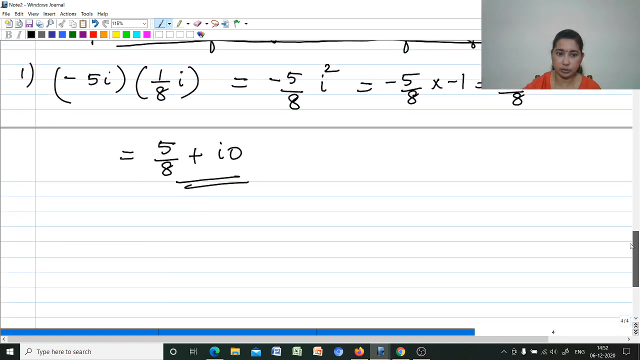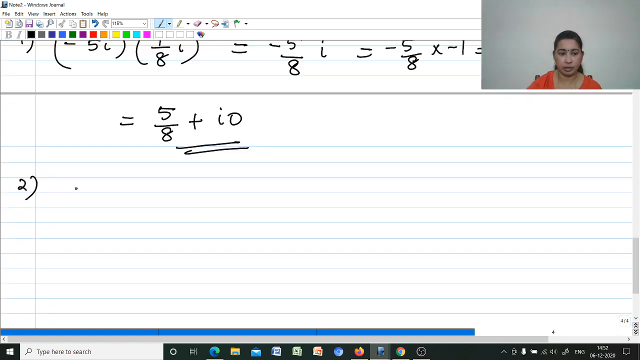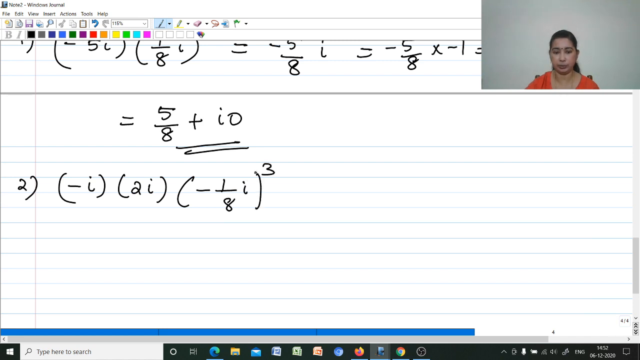Then the second one: minus i into 2i into minus 1 by 8i whole cube. So here, minus i into 2i is minus 2i square. Then into minus 1 whole cube is minus 1 itself, because minus 1 whole cube is minus 1. Then next is i cube into 1 by 8 cube,